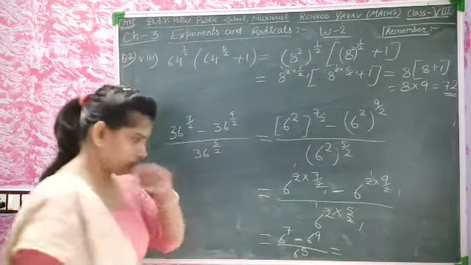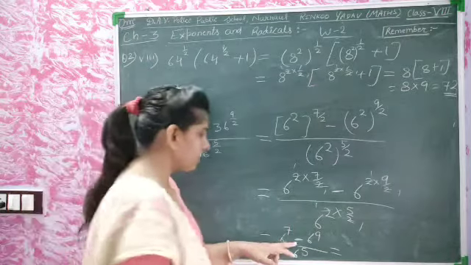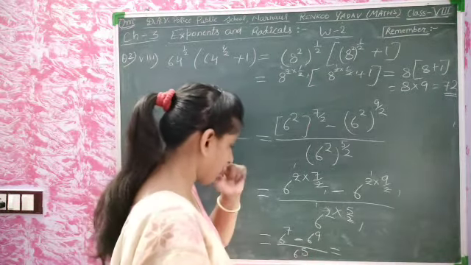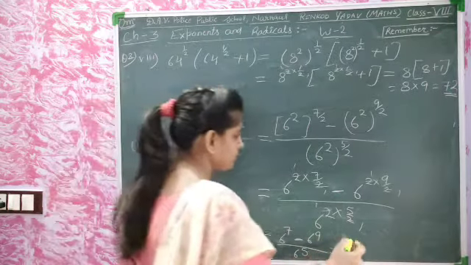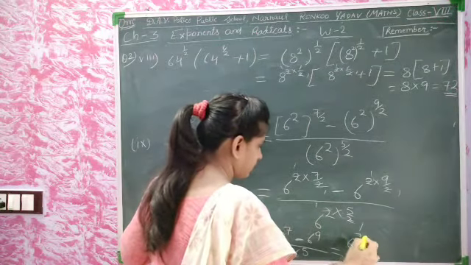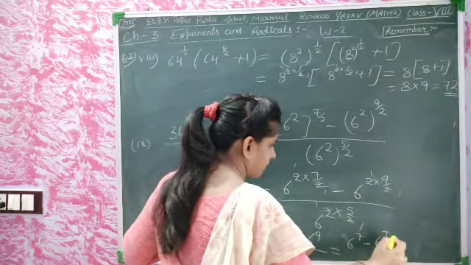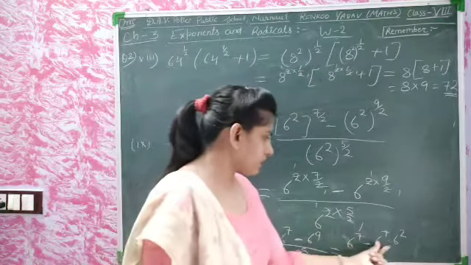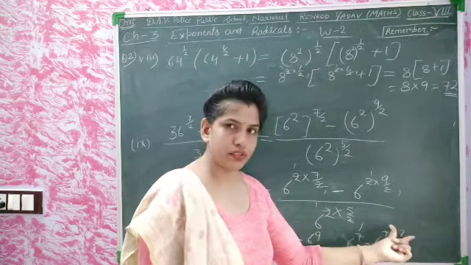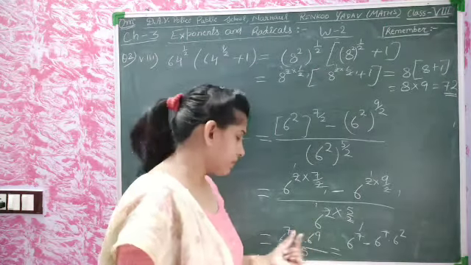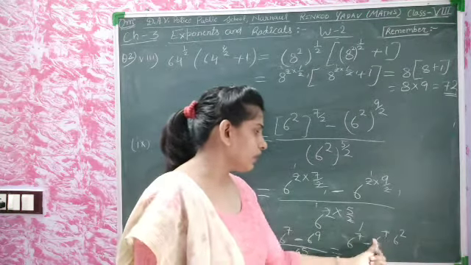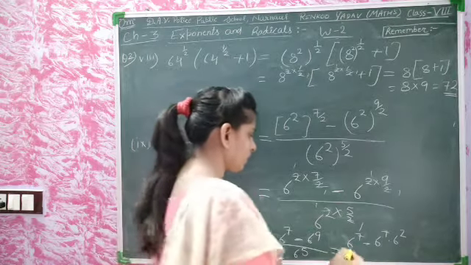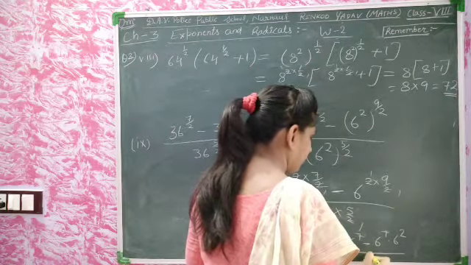It will get here. Okay students, now we are solving here. There is 6 to the power 7 minus 6 to the power 9. Students, we are seeing here 6 to the power 7 minus 6 to the power 7 into 6 to the power 2, because bases are same, powers are adding: 7 plus 2, 9. But there is 6 to the power 7, so we will take it common and then we will solve it easily. 6 to the power 5.